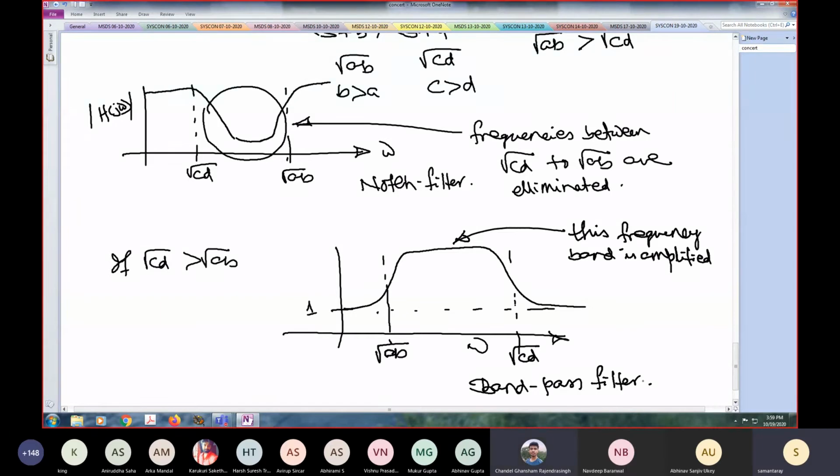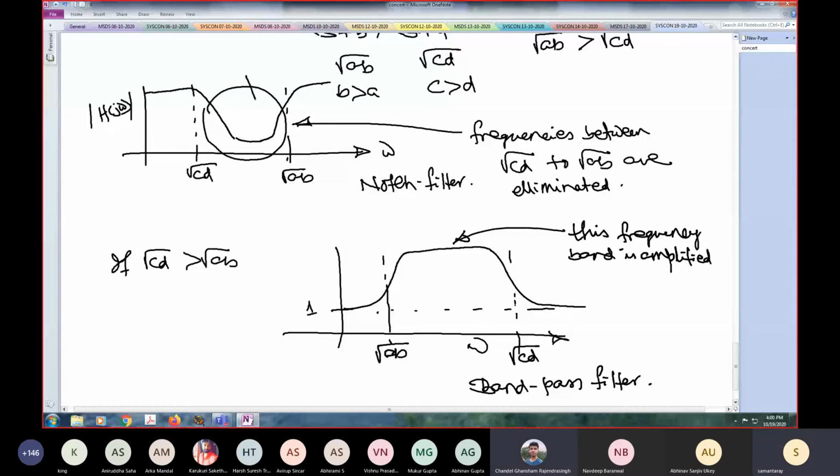So sir, the first part is not clear, in which CD is greater than AB. So the whole plot should be flattened out to zero, right? Because when one is small, the other is big, and when one is big, the other is small. They are multiplications. So everything should become small, right? In here, CD greater than AB.